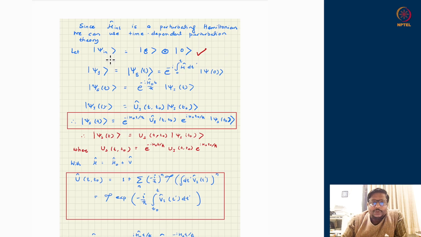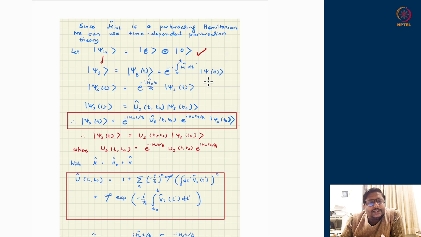Now the full Hamiltonian evolves the initial state psi in to some new state psi f, which will be obtainable from the Schrodinger picture description through e to the power of the integration of the full Hamiltonian between the initial time and a time of interest where you want to know about the system, acting upon the initial state psi 0. This is the Schrodinger evolution.